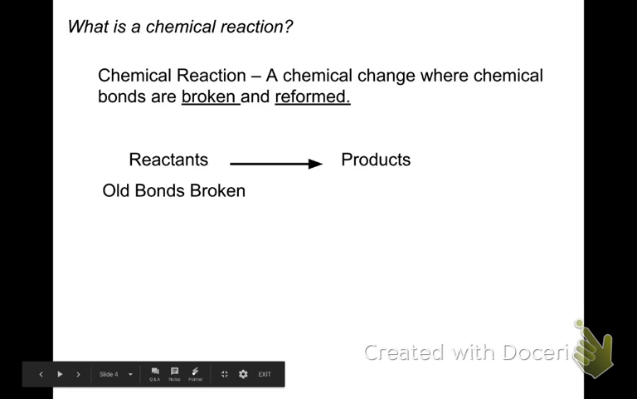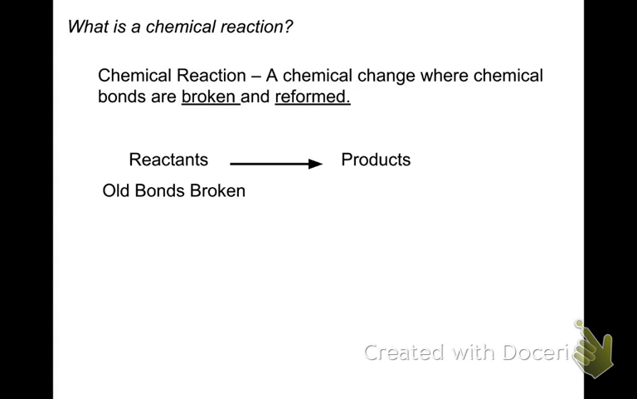Old bonds are broken in the reactants. It's kind of like Legos, like maybe you make a castle out of Legos. Then you take your castle apart, rearrange it, and you make a robot. It's kind of what happens in a chemical reaction, except instead of Legos, you have atoms. You are breaking the bonds that existed, and you're rearranging those atoms in a new way, which makes a new